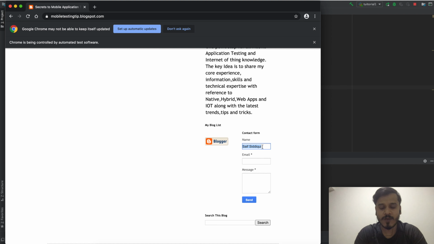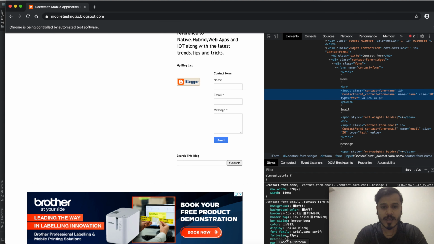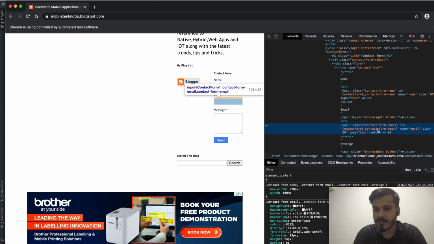Now after entering the name, I want to enter the email. In order to find the email, I will go here again and inspect this email element, and for this email element maybe I can just take the name.